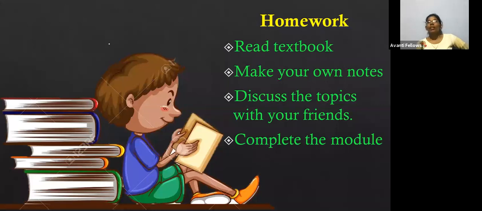And the homework for today is to read the textbook. You can read the complete textbook. Now you have got the chance. Gas blasts more dangerously, yes Pranit, you can also use that. If you make your own notes, it is easy for you to remember. But Pranit, first it has to be morula, then blastula, and then gastrula, right? Just try to make it in that way.